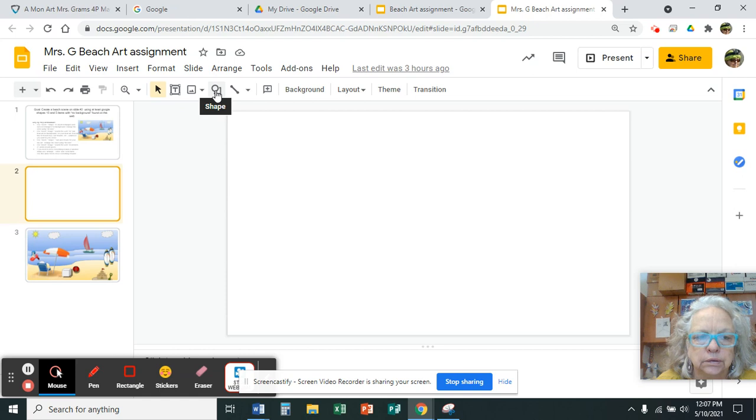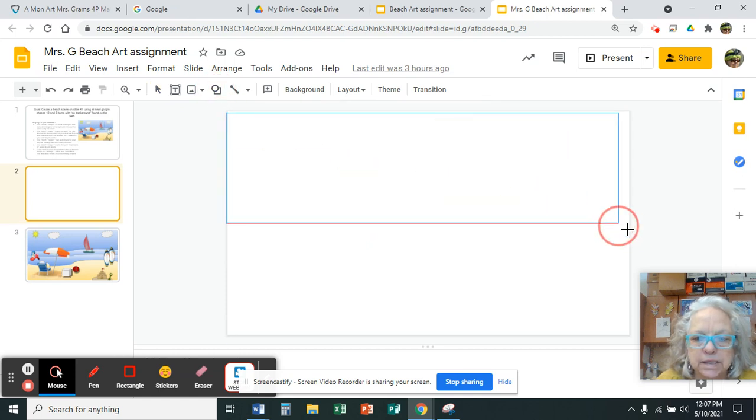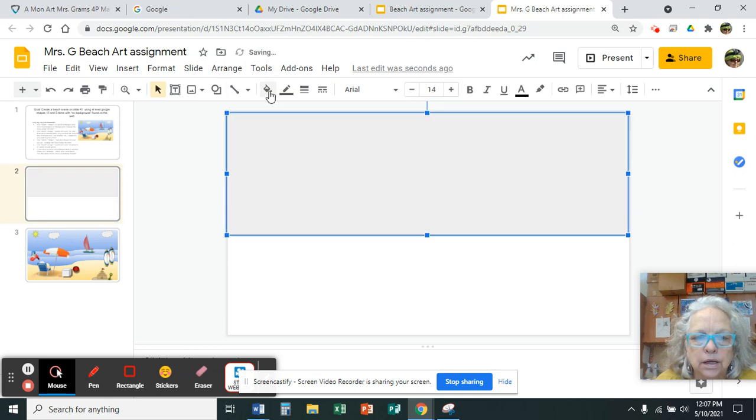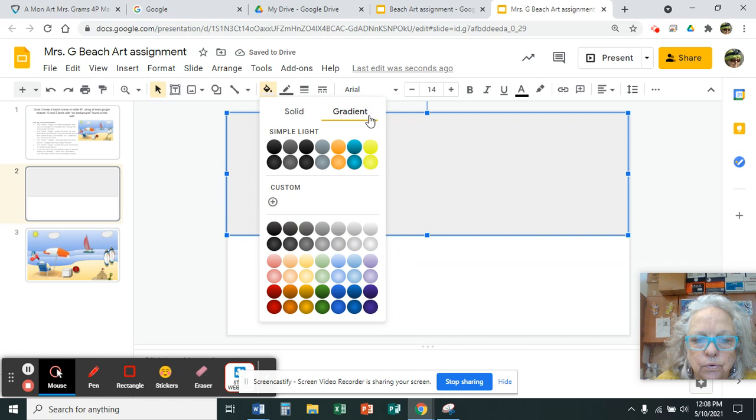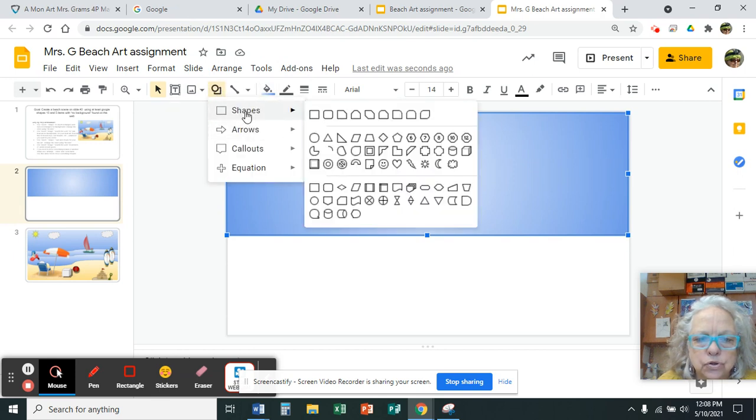under the shape button. I'm going to start with a rectangle because that's going to be my sky. And right here under the fill color, I'm going to select fill color and gradient, and I'm going to use a blue sky gradient. Next, I'm going to put in 2 more shapes, and these are going to be the